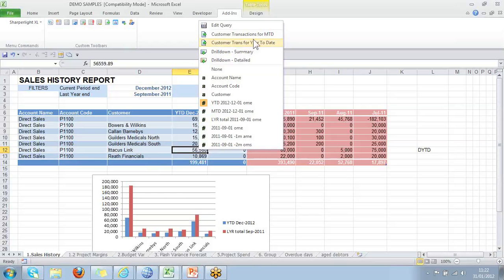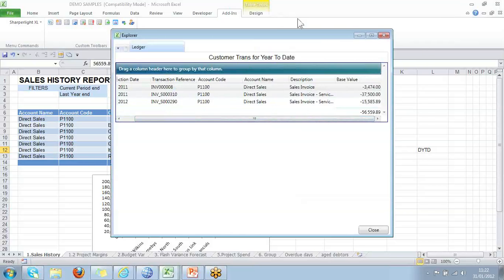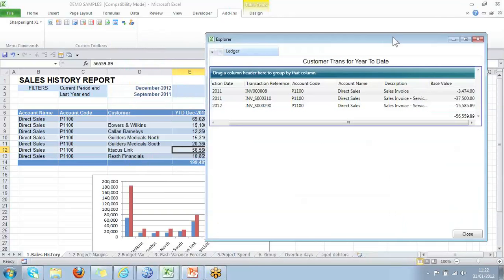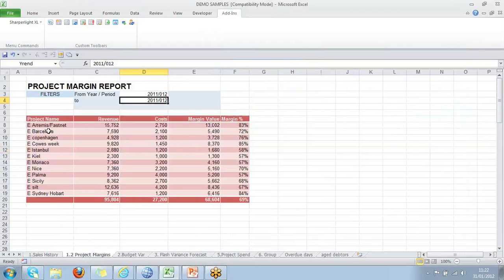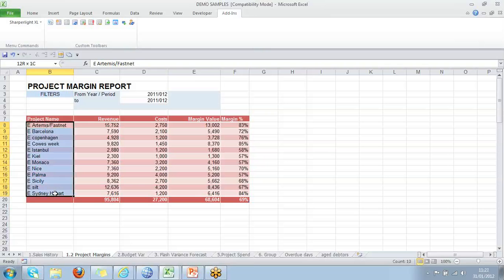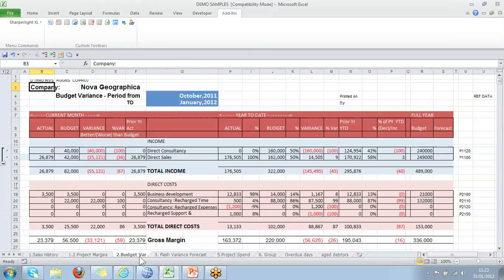So let's just open that up, and the Explorer window appears, and the balance, the total, agrees with the December report value. Okay, the next report along shows a slice and dice into the Aqilla data, event codes, project codes, again filter periods and so forth, with performance information. Then we come to a budget variance report, far more elaborate,